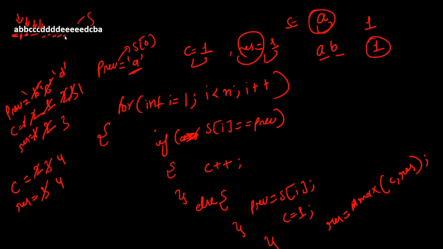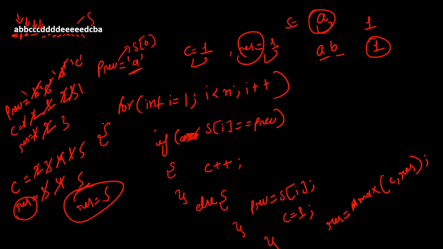Now for this e, if you're gonna check, e value is not equal to that of the previous one, so prev value will be updated to e, and c value will be updated to 1, and again the same process is going to be followed. So here the count will be 1, like count is already 1, so for this it will be 2, 3, 4, 5, and res will be 5 now. So the maximum value, if you will proceed further, that will remain in res, that will be 5 itself. So you must have understood the flow now, you must have understood the approach by now.